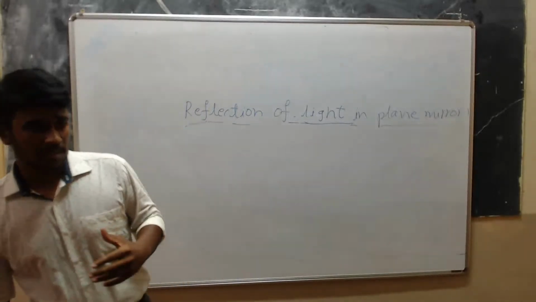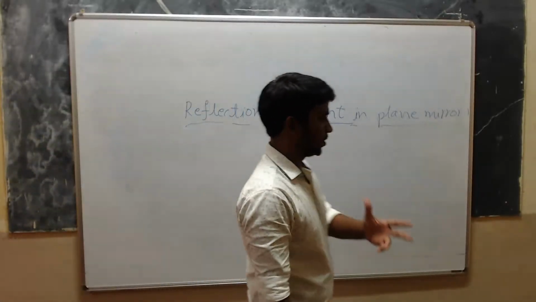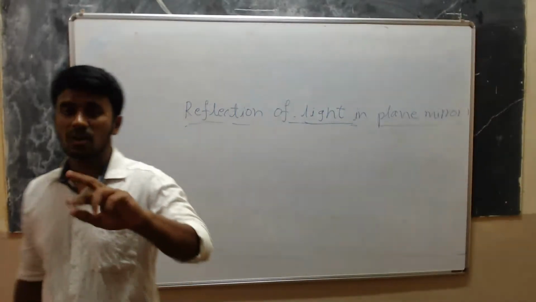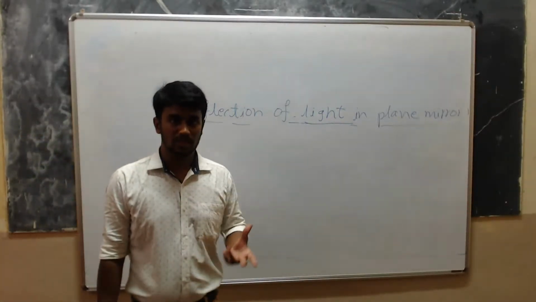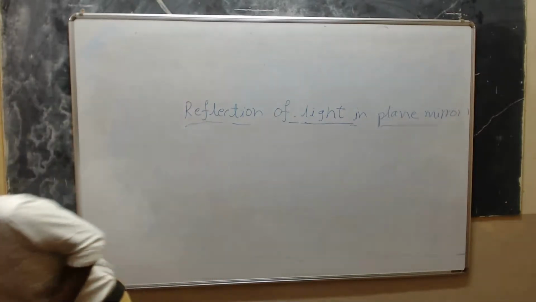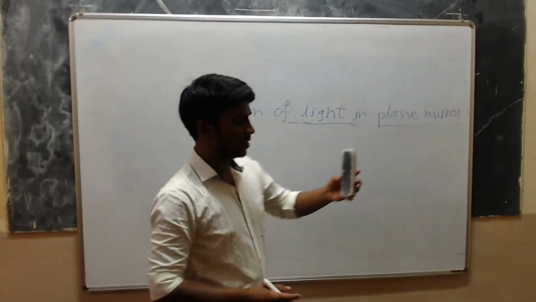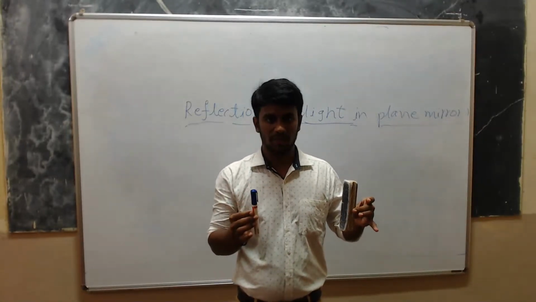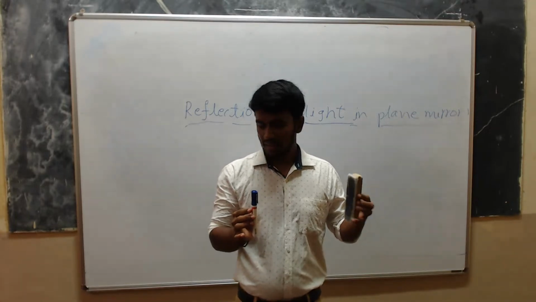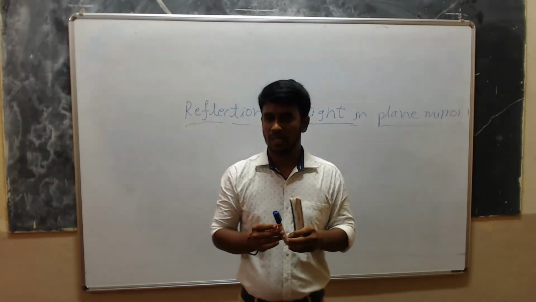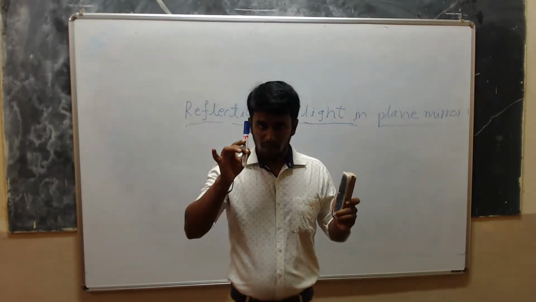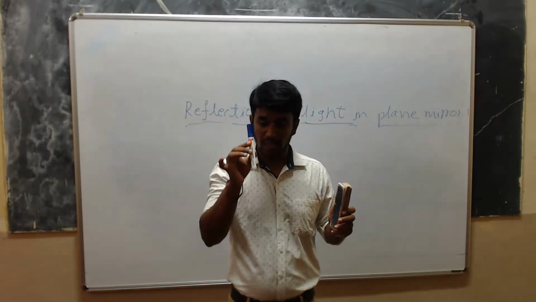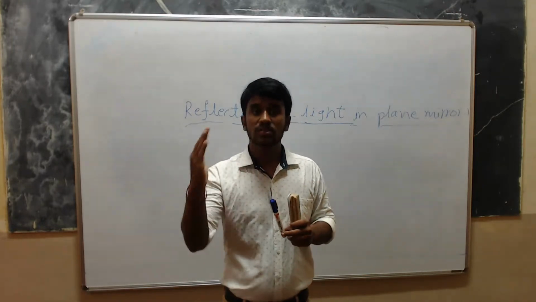See, virtual images cannot be caught on a screen, whereas real images can be caught on a screen. What is the meaning of these statements? It's so simple. Just imagine this is a mirror and this is an object, say a candle. Then take one screen, meaning a sheet of paper. If you get the image of this object on the screen,